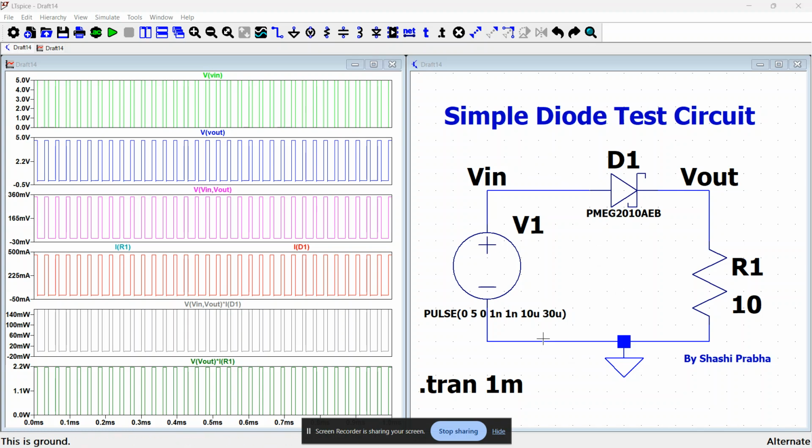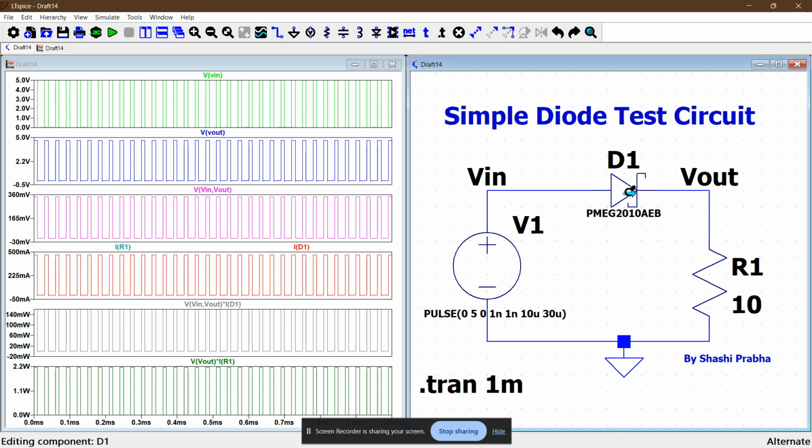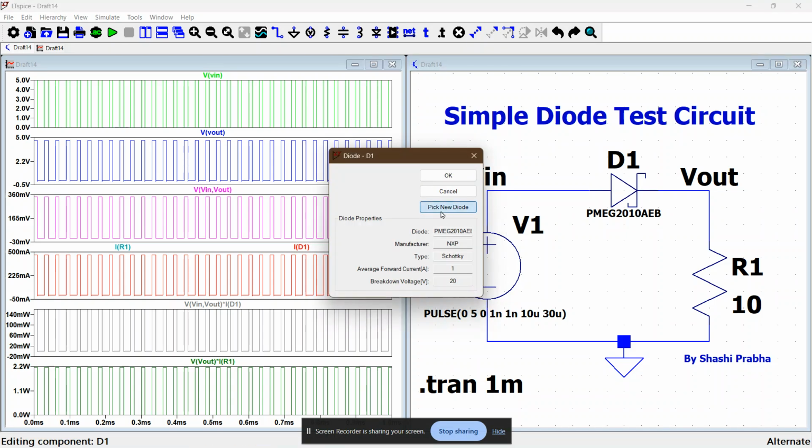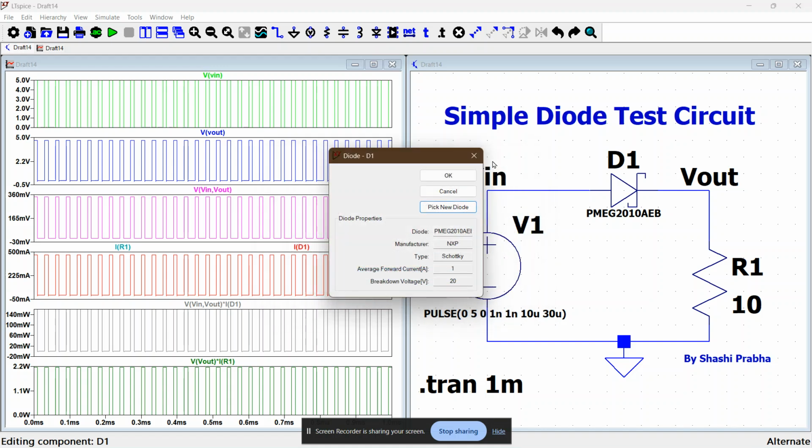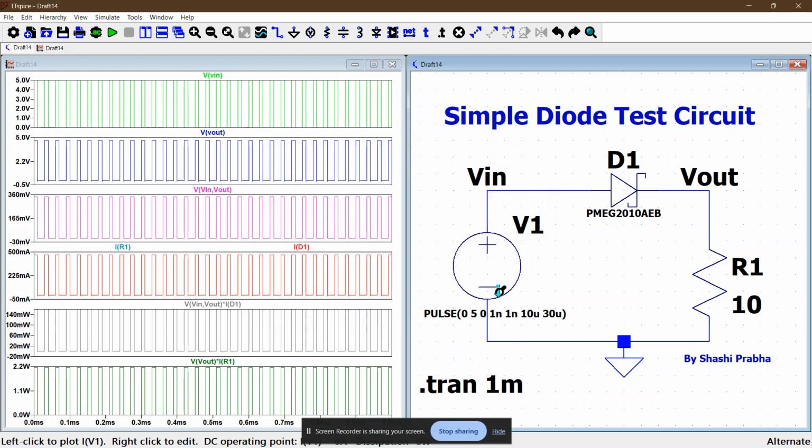So this is a very simple circuit. I am applying a pulse voltage here to show the on and off of this diode, and I have selected this diode not for any particular reason, just that 1 ampere of current will flow through this. We can see its parameters. It has a breakdown voltage of 20 volt, which I have taken as around 4 times of this 5 volt which I am applying here, and this is the load of 10 ohm. So this is a test circuit.